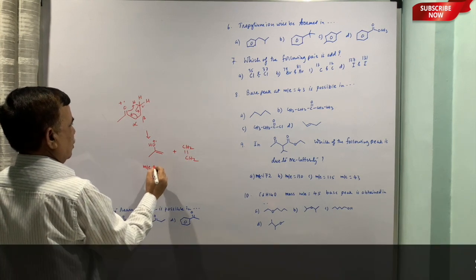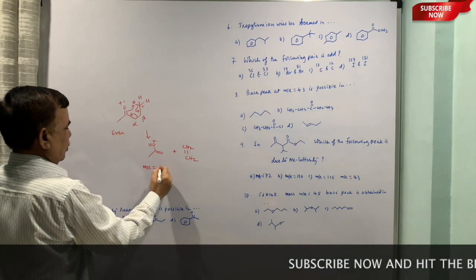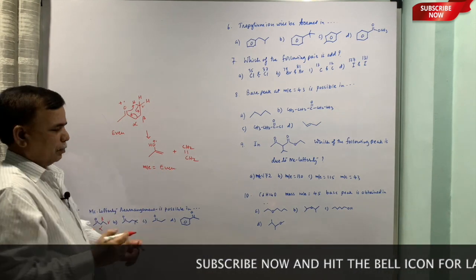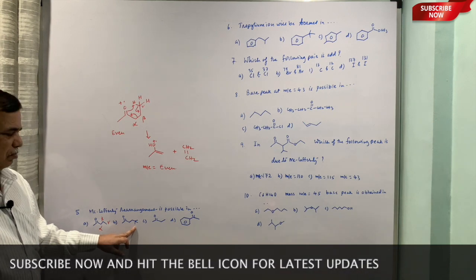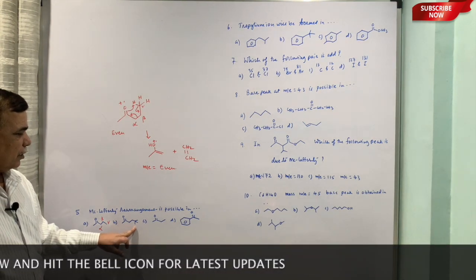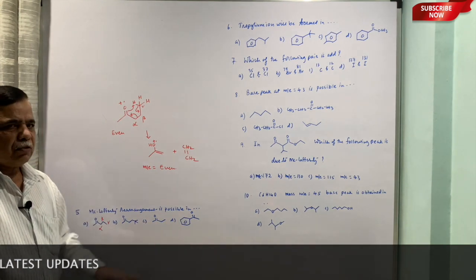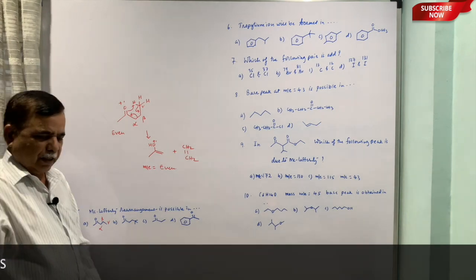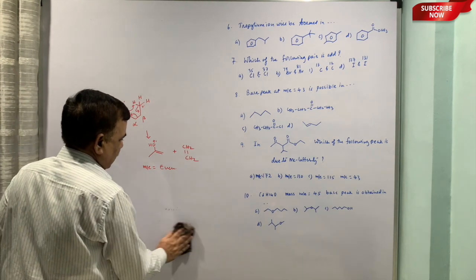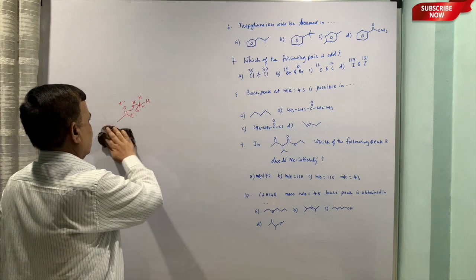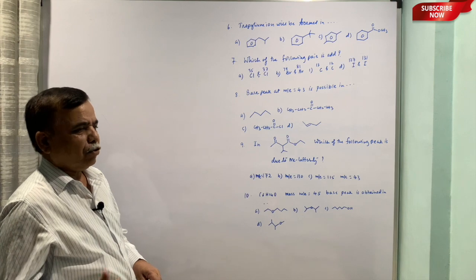So, mass to charge. Now, we start with an even number. This is going to be even. So, even to even, that is McLafferty rearrangement. Here gamma hydrogen is absent, so this is not going to give you any McLafferty. Here also gamma hydrogen is not there, gamma carbon is not there. First of all, this is altogether different. So, the first compound can give you the McLafferty rearrangement when the even molecular ion peak gives rise to an even fragment with the elimination of neutral entities like olefins.